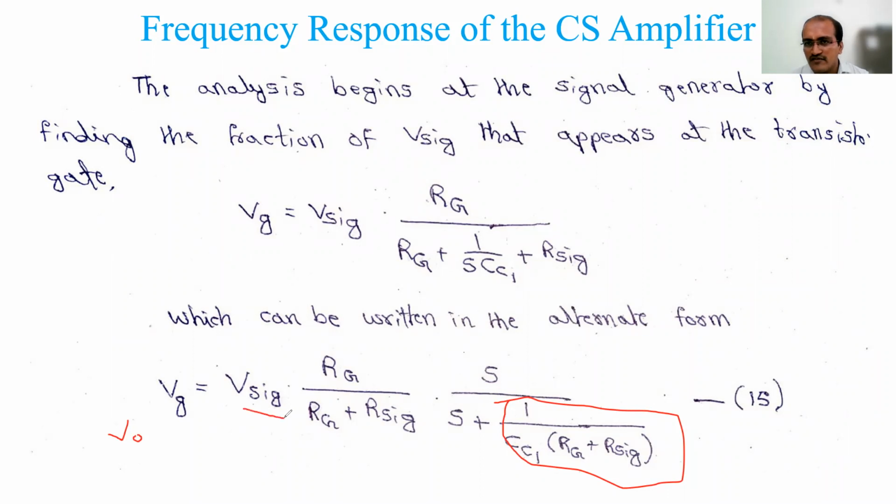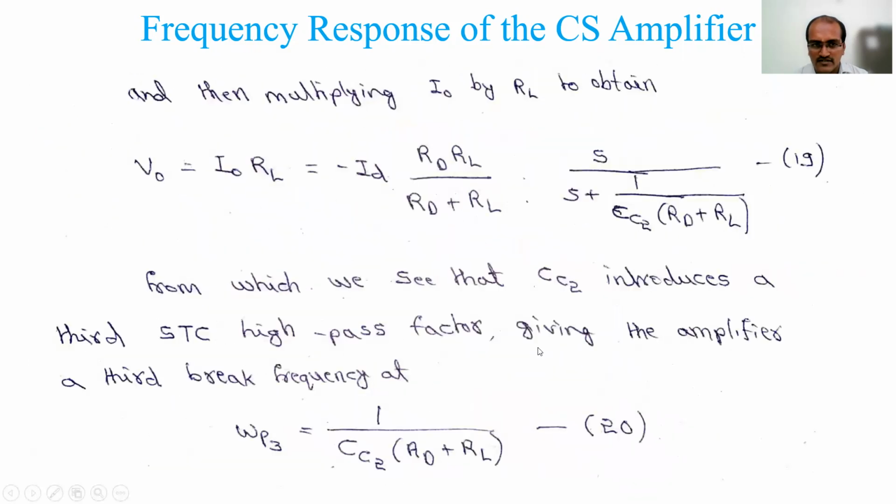Next, what you have to find in frequency response is V naught by V signal in dB, right? That is the overall voltage gain GV, right? So to get that we have done it like this. That's what I am combining. You need to have the notes and sit with that, so work this out. This is the equation. See here, V naught equals ID into RD parallel to RL, where all these corner frequencies I have replaced by WP1, WP2, WP3. And ID I have substituted from the previous equation. In the ID equation you have the VG, and for that VG I have substituted. Finally it looks like this.